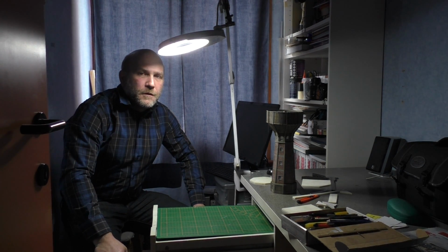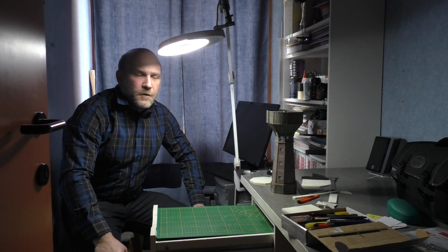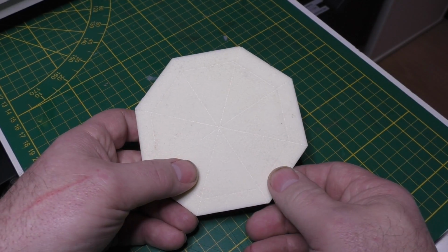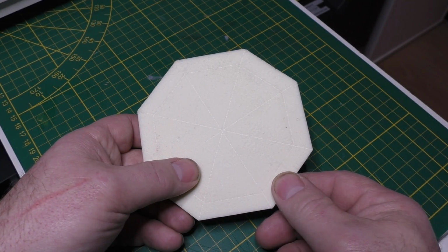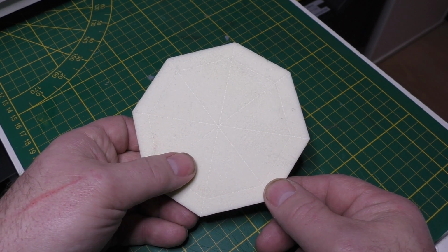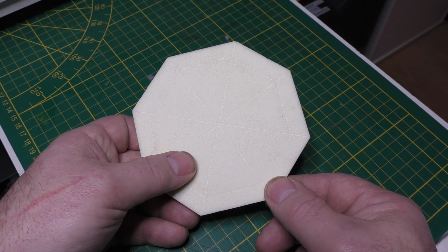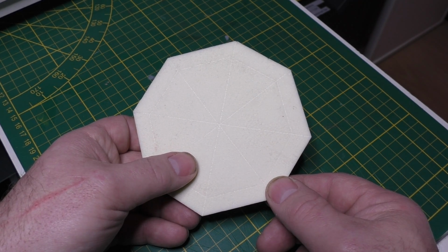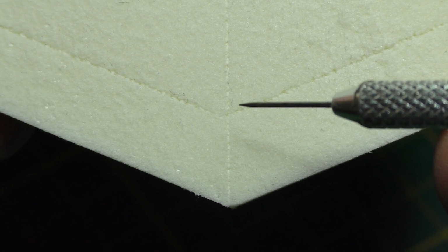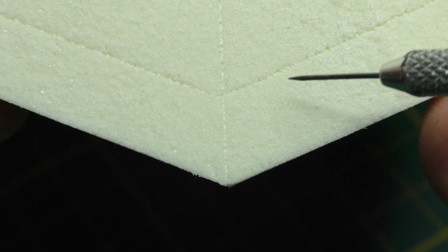Today we will explain how we create cobblestones, and actually it is a part of our water tower project. We have already prepared an octagon shape to start pressing our cobblestones, and you hear it well. It is also pressing like we did for our brick wall, but this time we got the right shape to press a cobblestone. We have already marked our borders of the water tower, but before we start printing, we create